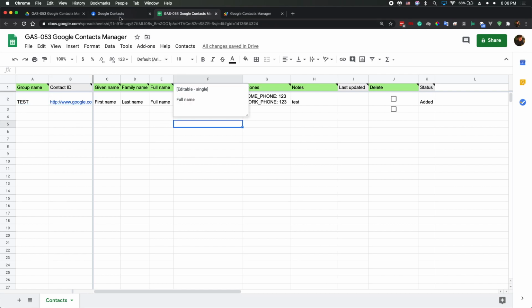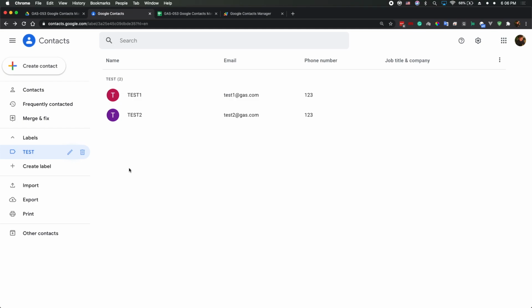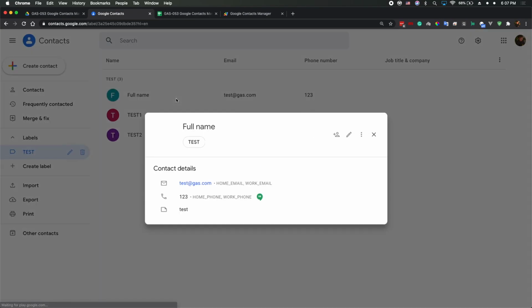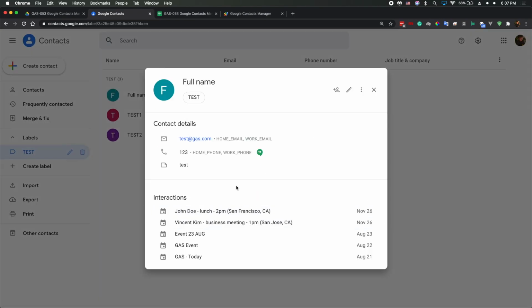If I go back to my contacts and refresh, as you can see here, I have a label called test, and these two are the first 2 tests I've created. Let me refresh this page, and yes, now I get this new test contact here. If I check the details for it,